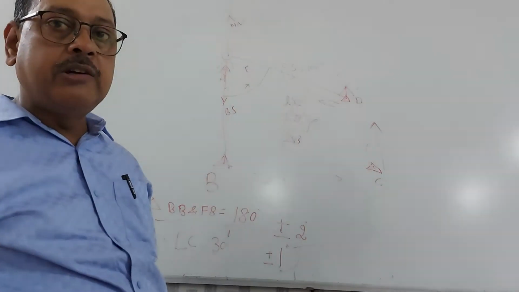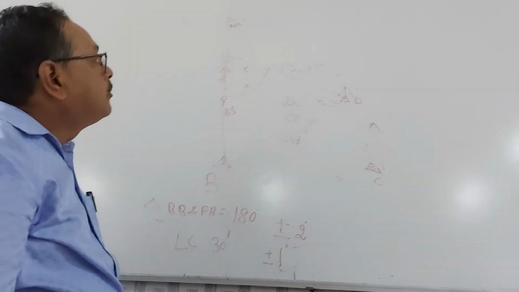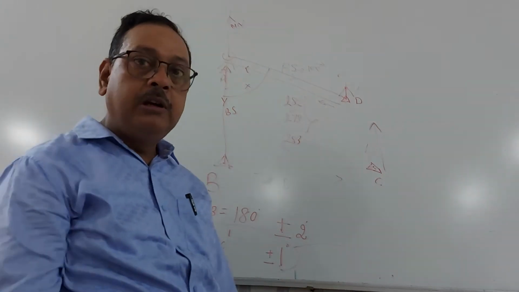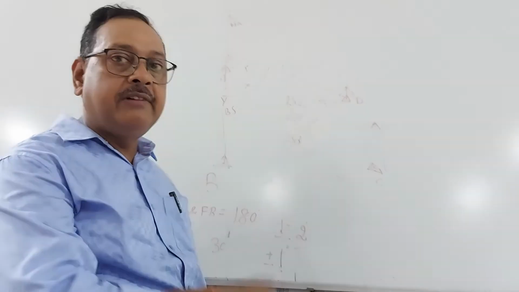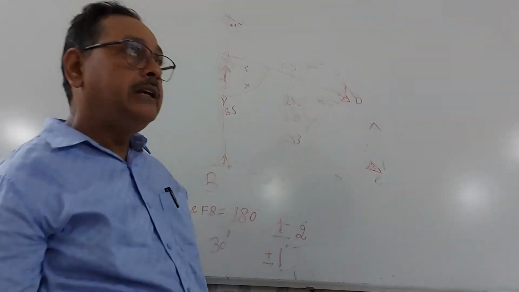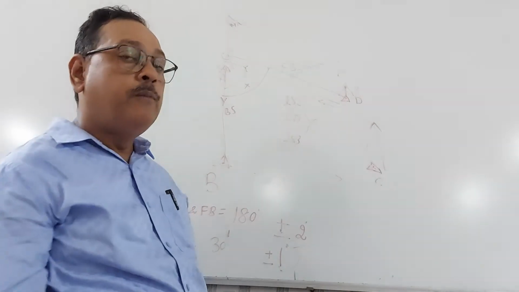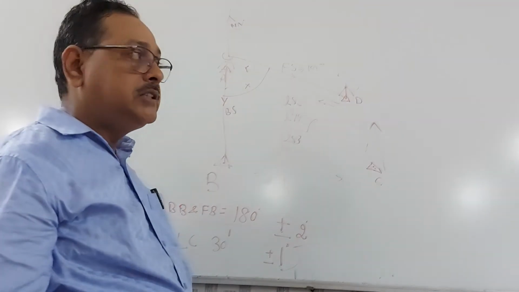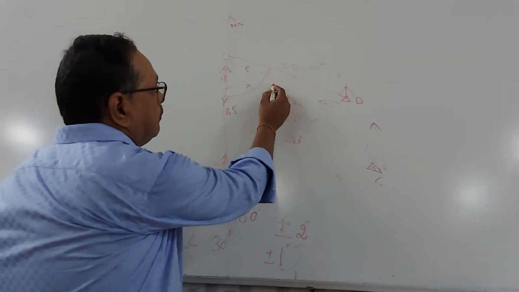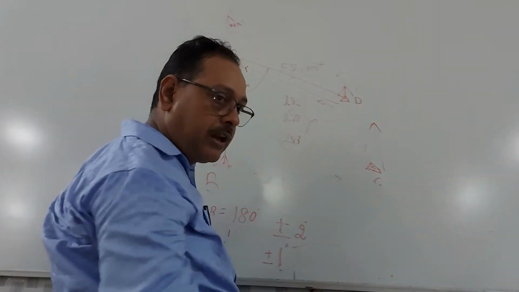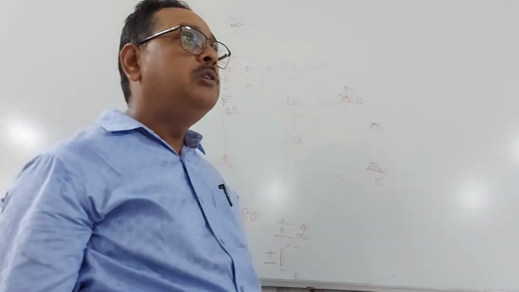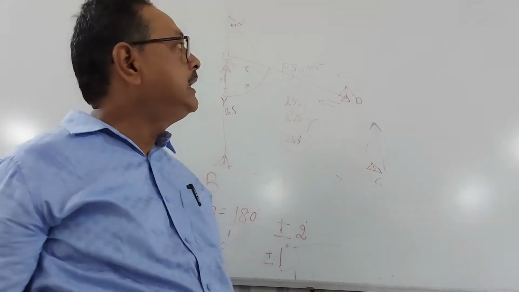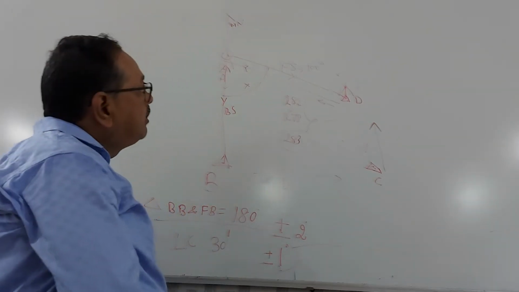Other calculations are required. For this, you have to very first find out which station is free from local attraction. Make that the standard. Then calculate the forward bearing. Move further, then check the difference. By this way, you will be able to make corrections of various lines with the help of the station which has no local attraction, where the difference is 180 degrees. So this is regarding the field work of this prismatic compass.